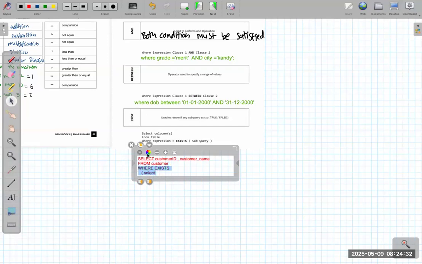Select order ID, I'll make it capital. Where exists, select order ID from order table, where customer ID is equal to